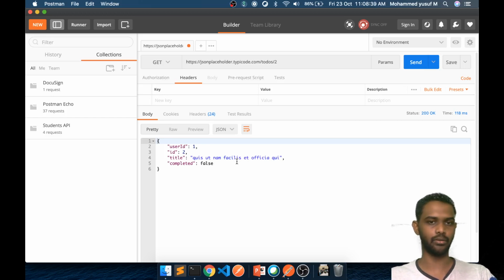In our next video, we are going to create this GET request by ourselves, which means we are going to create an API which can accept the GET request and respond with the data. Probably we'll be doing it with Python, but at the same time I will also be giving you the references for the IBM i and RPG as well. That's it I want to cover in this video.